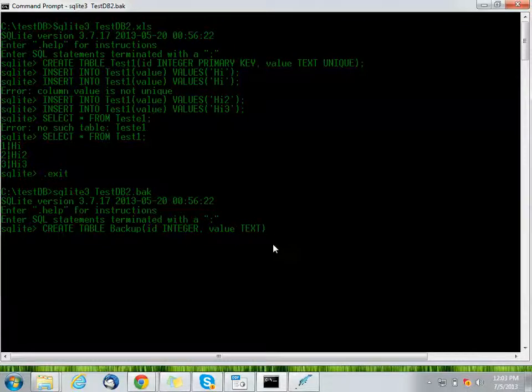I just kept the format same as the other test1 table. So now we have an empty data table.